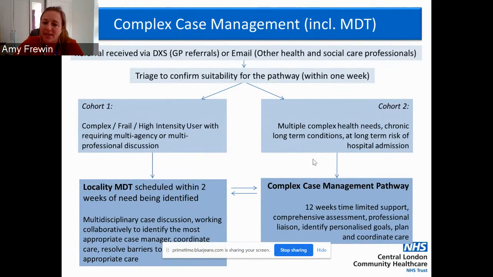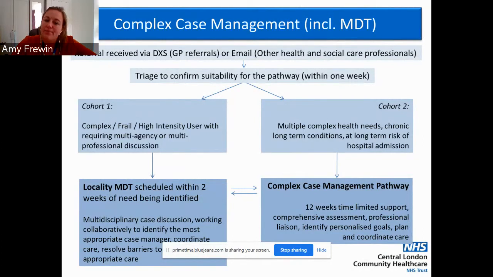These are Band 7 nurses who are responsible for triaging the referrals that come through and then overseeing the care of the patients, people coming through to that service. And what we envisage is we'll end up with 2 cohorts. So there will potentially be the referrals where actually there's been quite a lot of professional involvement already, and it's quite clear that an MDT is needed potentially within 2 weeks, straight away to address and bring everyone together. So we're addressing the interventions to date and determining a single plan of care going forwards.